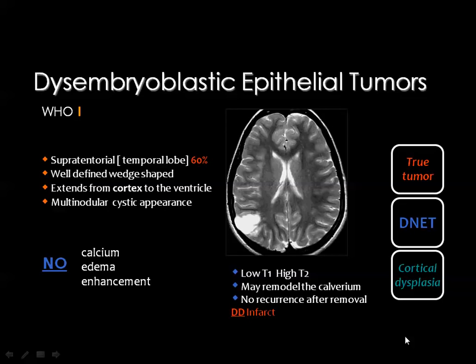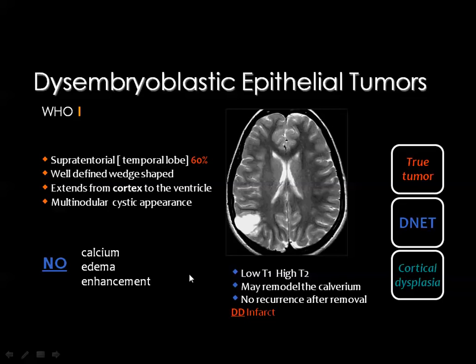In this particular tumor, this is a low-grade tumor due to abnormal proliferation of the subependymal cells, and most of these lesions are located in the supratentorial area, usually in the temporal lobe. They appear as well-defined wedge-shaped lesions, and this lesion will show low signal in the T1 and high signal in the T2. If you inject the contrast, it will not enhance, and many times it can be mistaken for an